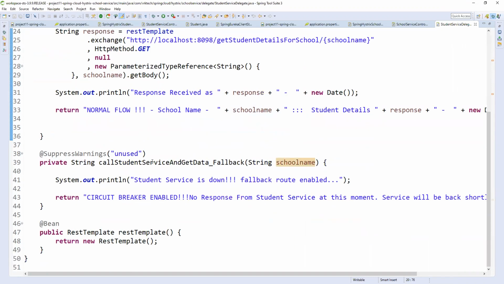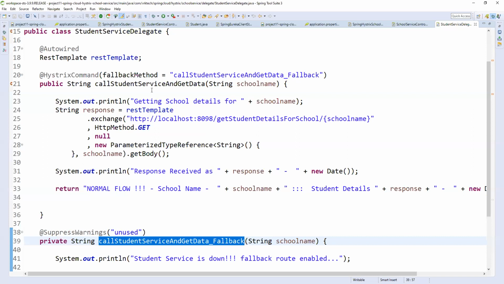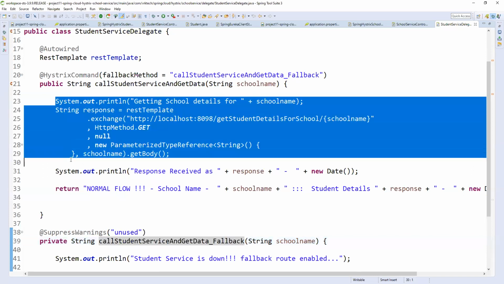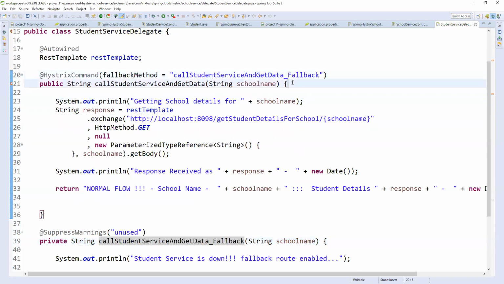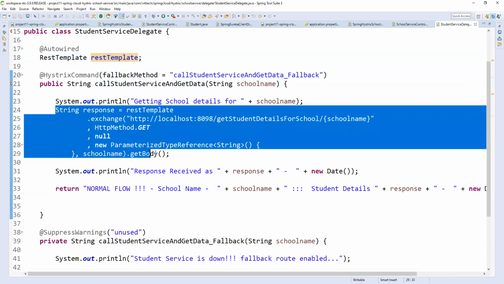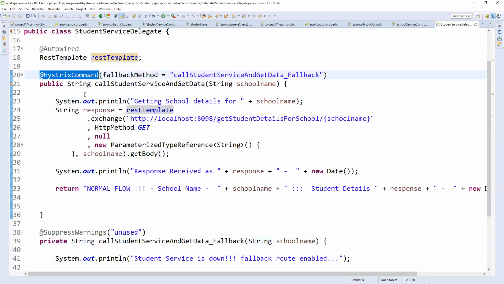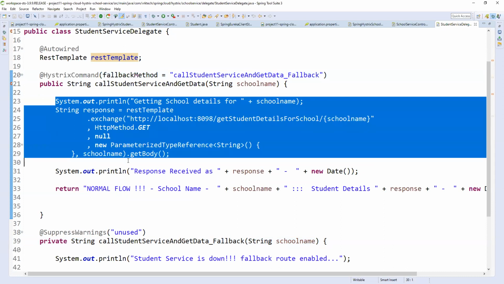So it will check internally whether the service is up or down. It takes the command on top of the method, right? It will check whether the external service we are calling here is up or not. If it is up, the Hystrix command will allow the actual call to the service.